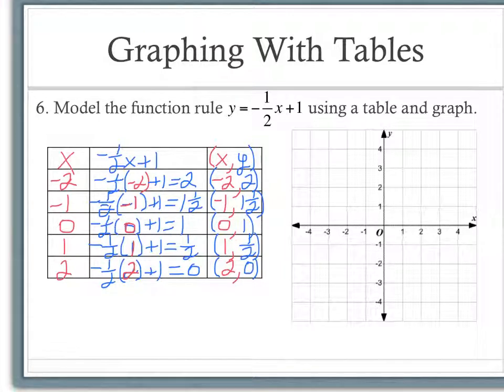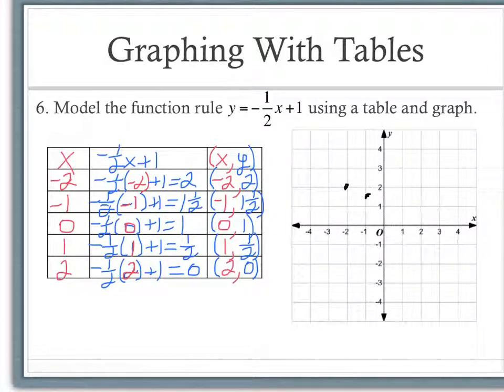So now that we have our sets of ordered pairs, we're going to plot them on our graph. So our first ordered pair will be negative 2, comma 2. So starting at the origin, I will go left 2 and up 2 and put a point. I will go back to the origin for my next ordered pair, and I will go left 1 and up 1.5